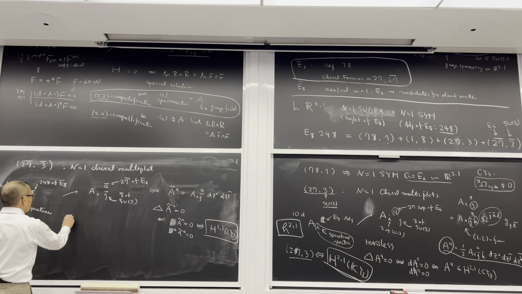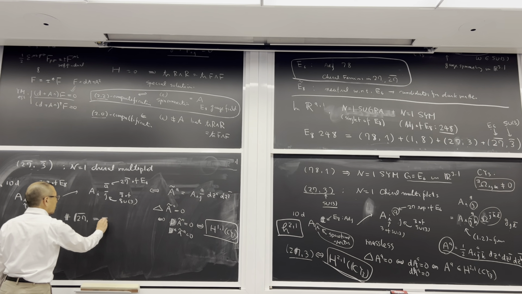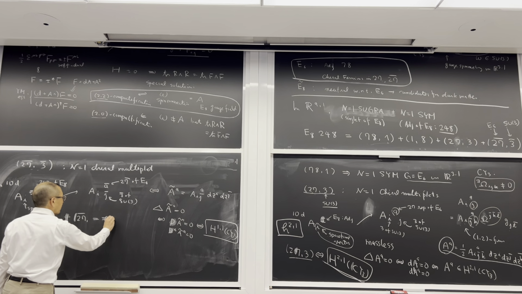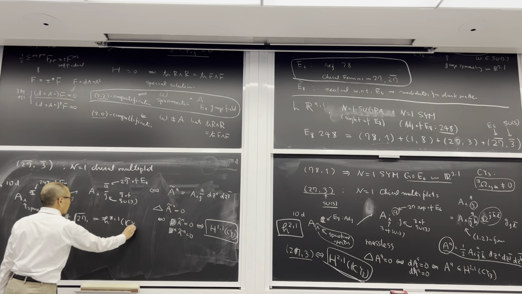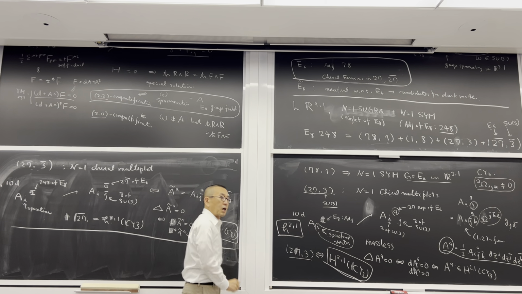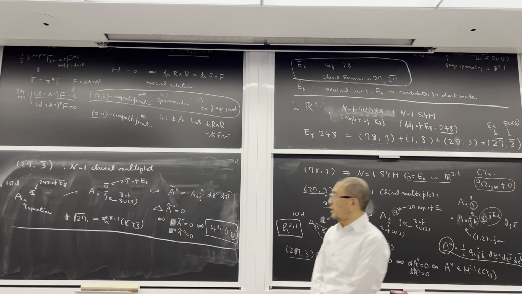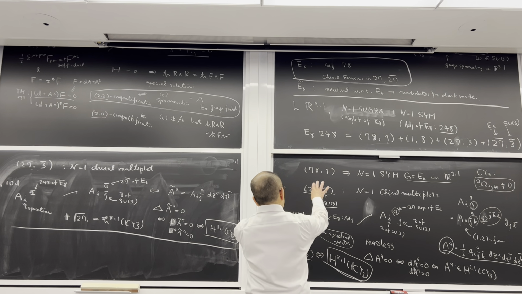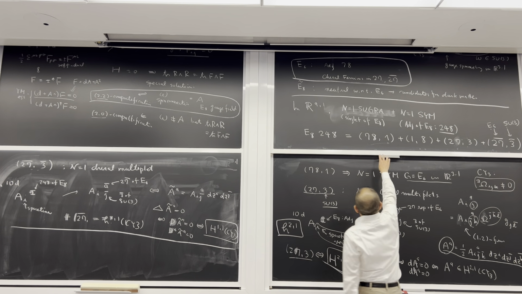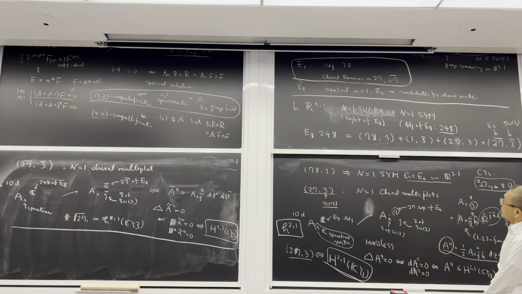So therefore, the number of representations in 27 bar is given by the Hodge number H11 of the Calabi-Yau. This is actually one of the most beautiful consequences of the paper by Candelas, Horowitz, Strominger and Witten. Namely, if you look at the massless vectors, then you have an adjoint vector field, and in 27, and they are superpartners. So this gives rise to